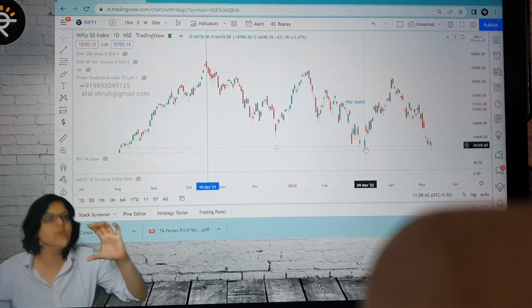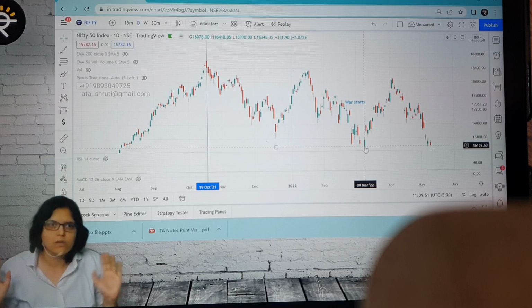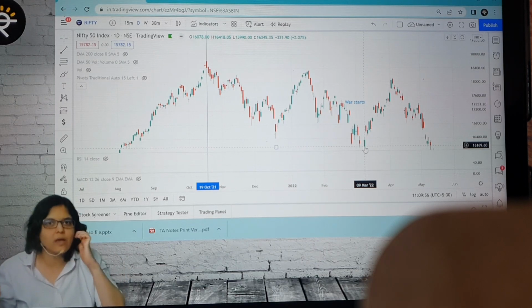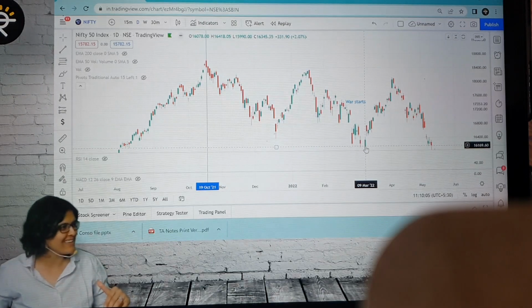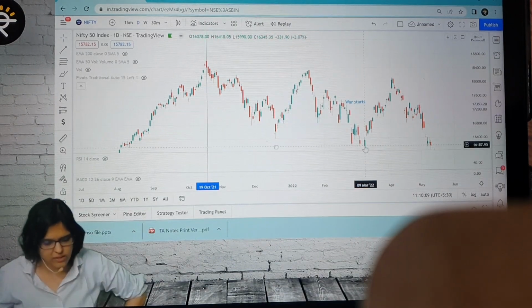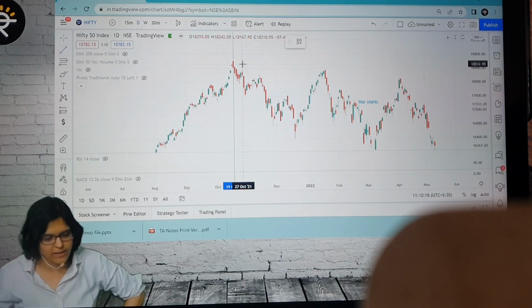We are not considering high lows. Either open, we have to check the body of the candle, not the wick. Or if you are considering the wick of the candle, then only the wick of the candle. Choice is yours. That's fine. Generally, I take the body of the candle as the primary preference. If that level is broken, then the second support can be the wick. Chalo. So here, what is the open price that you can see? 16,078. Okay. Now, if I were to connect these high points, one